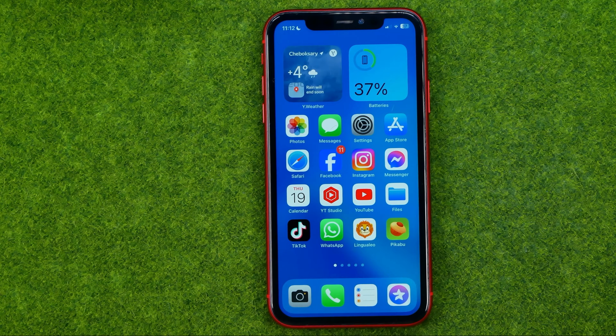In this video, I'm going to show you how you can easily turn off notifications on the Facebook app on your iPhone. Be sure to watch the video to the very end so you don't make any mistakes, and of course